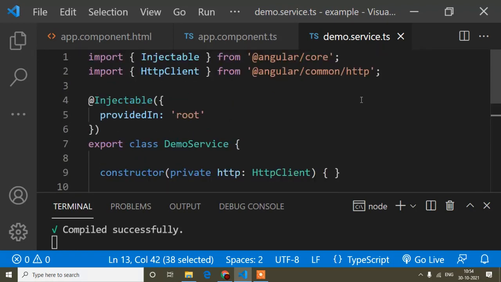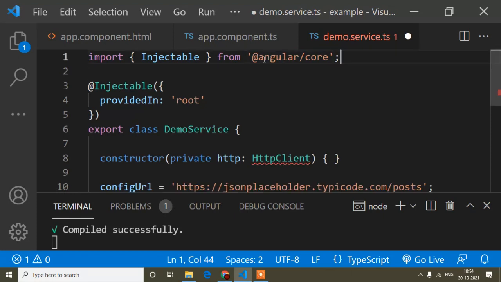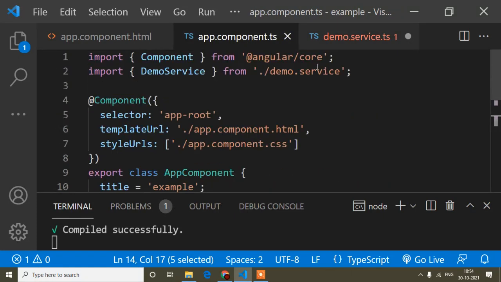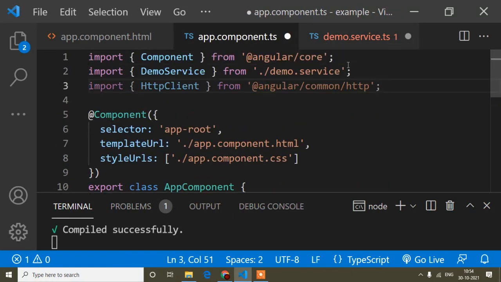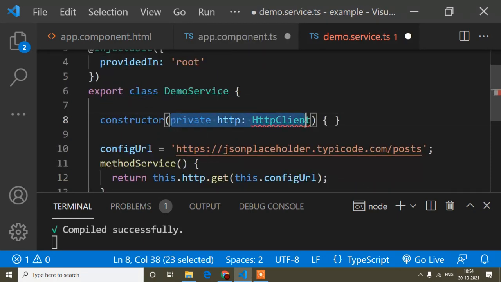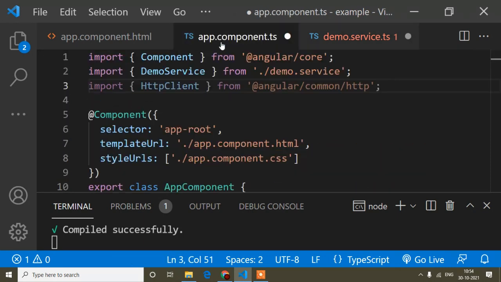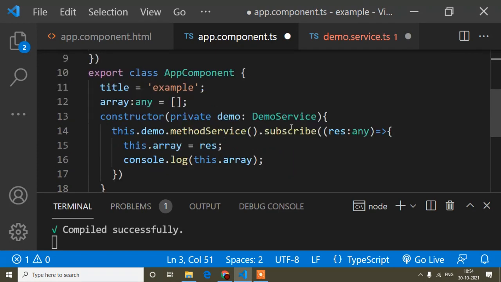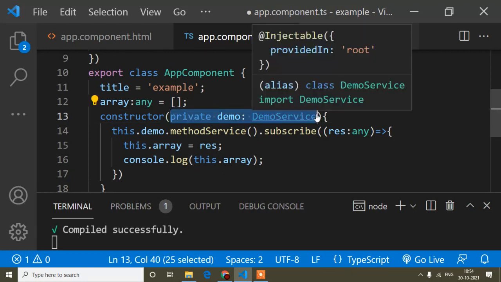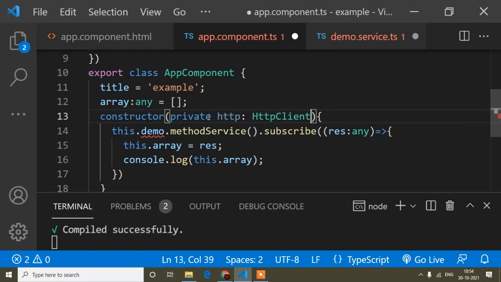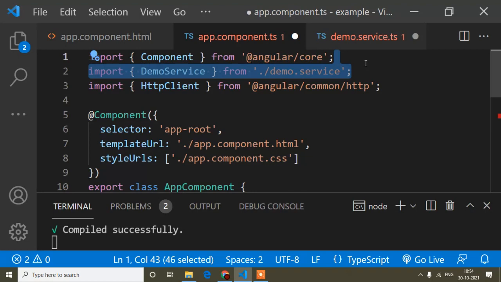Okay, but guys, if I would pass it in any TS file, the same thing I will import, and now it creates an instance. So I will cut from here, and here in the constructor I already create an instance for this service. Okay, but I don't need the service here now, because directly in the TS file I'm passing. So I will remove it and paste here, and this service also I can remove from here.